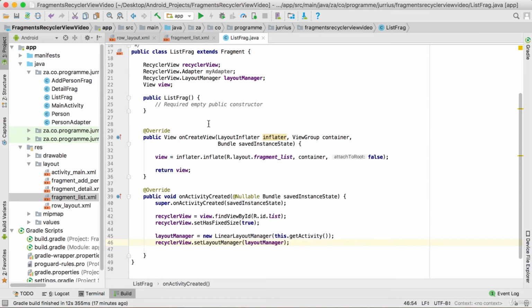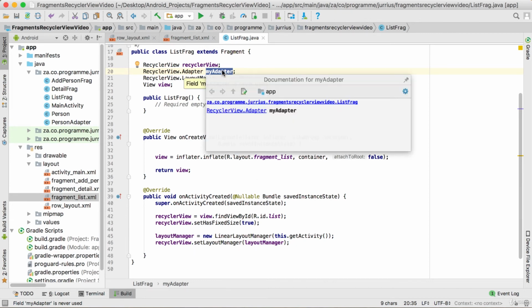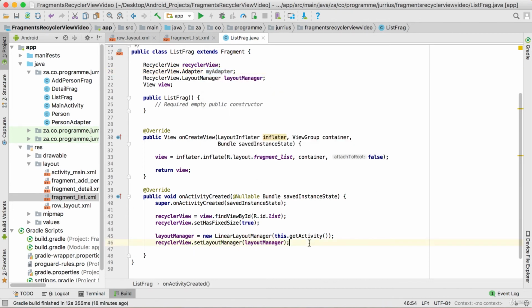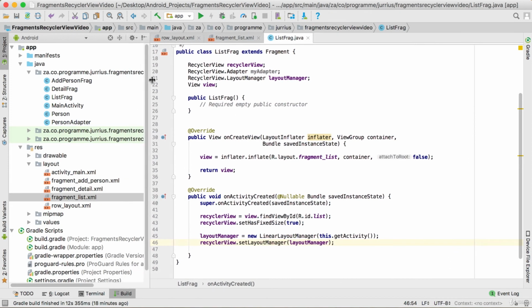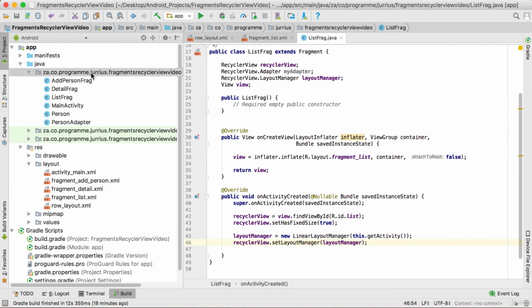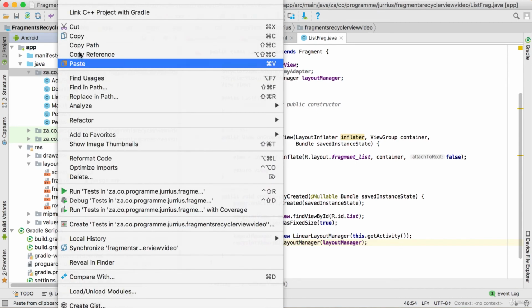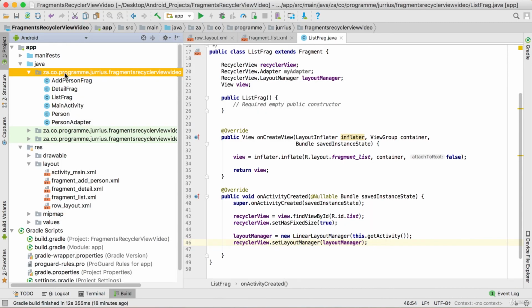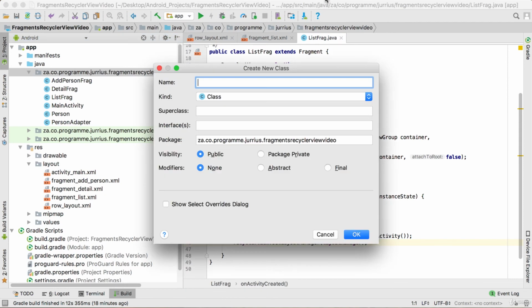to the adapter. So we declared the adapter there, but before we can do the initialization of this adapter and pass in the list, the array list, we need to have an array list first. So for this, I'm going to do something a bit different. I'm going to go into my package folder, right click and say new Java class. And the class I want to create here, I'm just going to call it